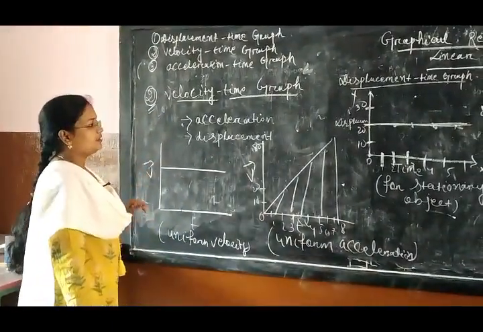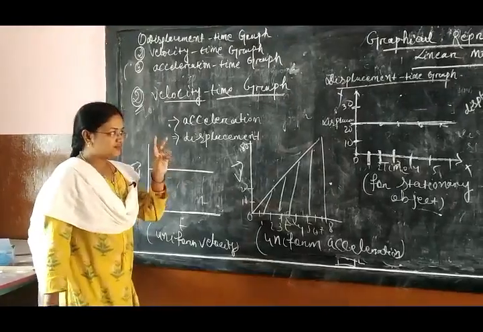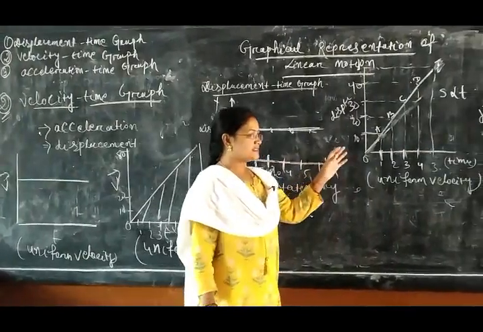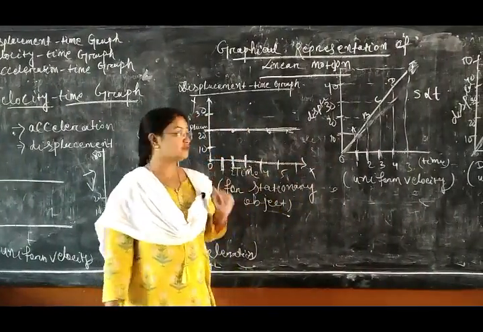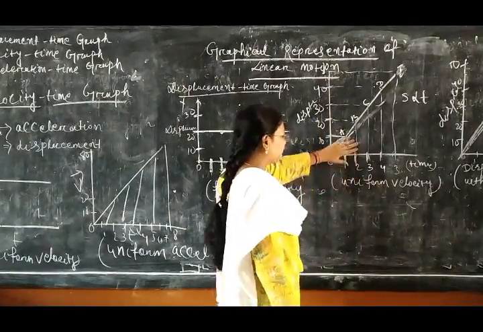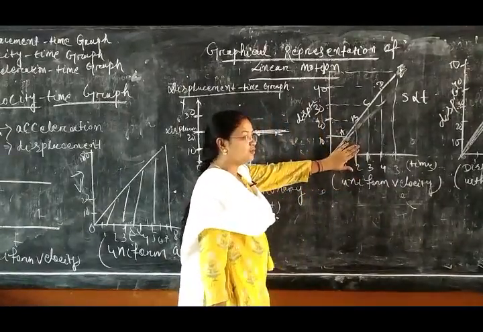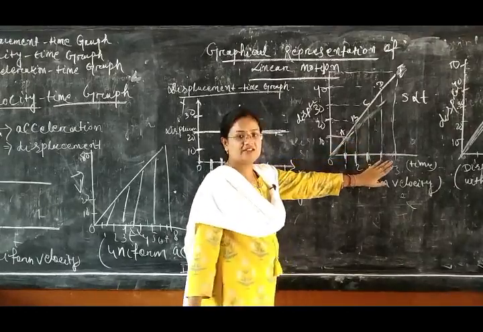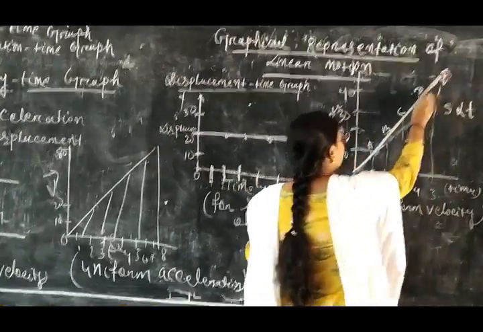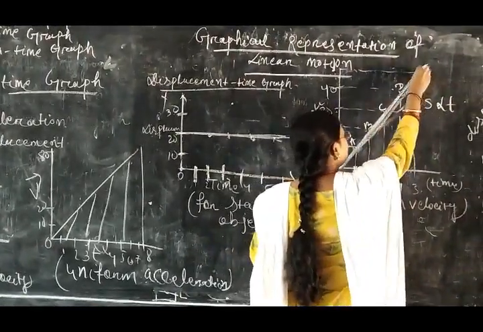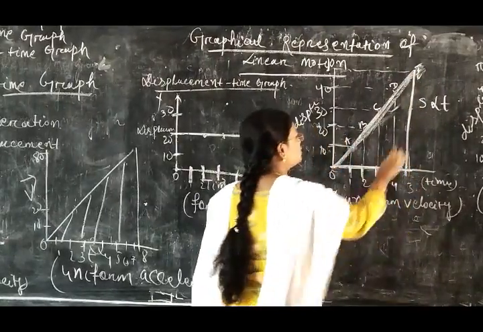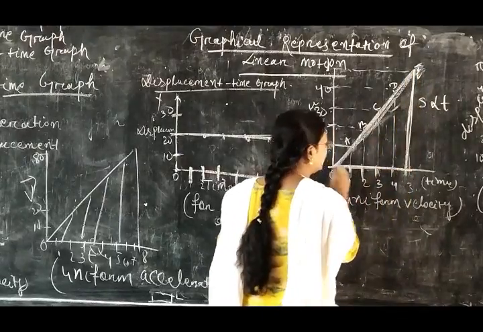Now you see the velocity time graph, and from the displacement time graph one thing you can calculate. From the displacement time graph you can also calculate velocity. How will we calculate velocity? You see, from the displacement time graph you will find the slope of the graph, then you can find the velocity. How will you calculate the slope? You see, this is your displacement. You want to find the slope of this line, you just draw one perpendicular here and here. Okay, the slope is equal to this perpendicular by base.